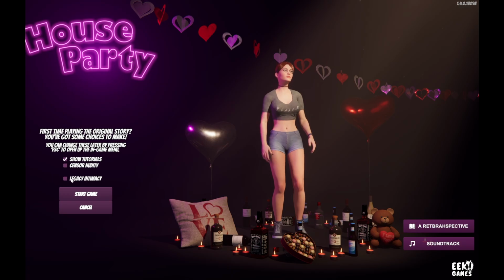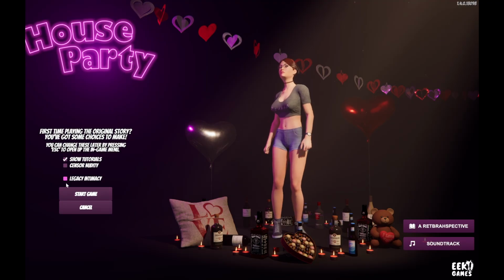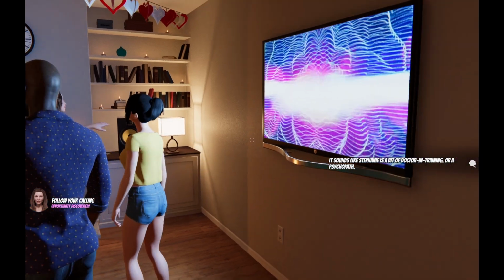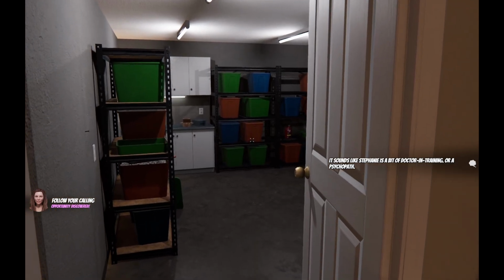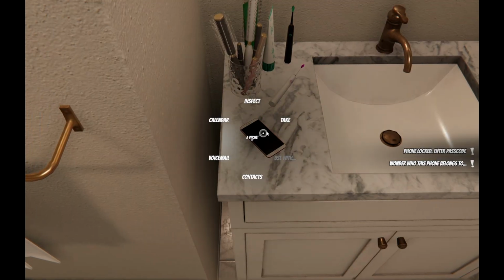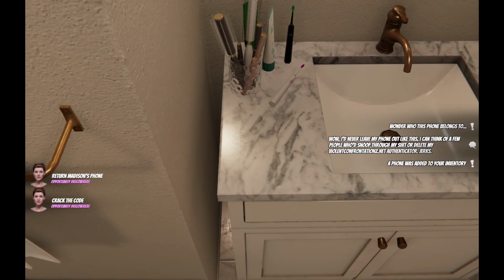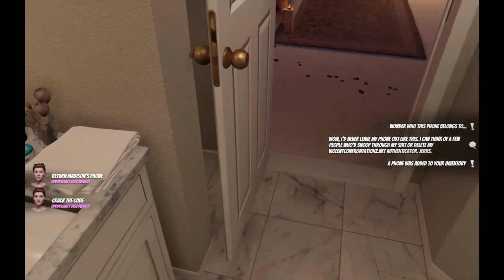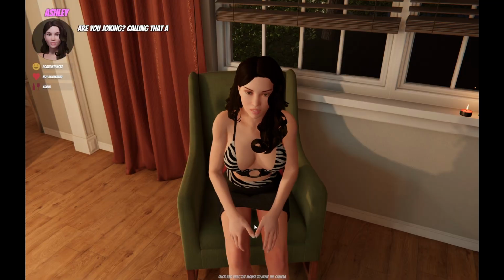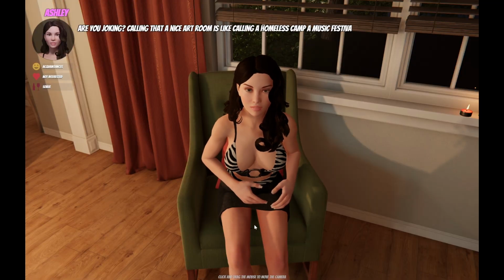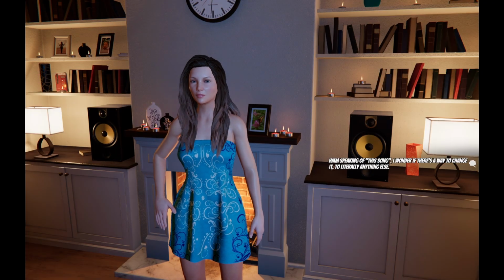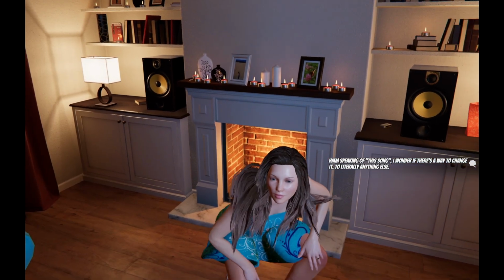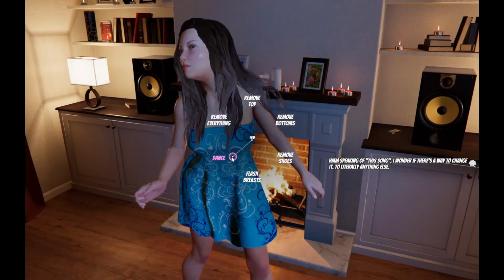House party is, well, you're invited to a house party. Have fun with it. It's like one of those cheesy 90s and early 2000s teen party movies like Can't Hardly Wait, Not Another Teen Movie, Superbad, Dazed and Confused. Surprisingly, you can play as male or female, so it's not assuming a male audience, which I like. What's the object of this game? I don't know, just have fun. There is explicit sex, but it's not about that. It's actually a pretty funny game.